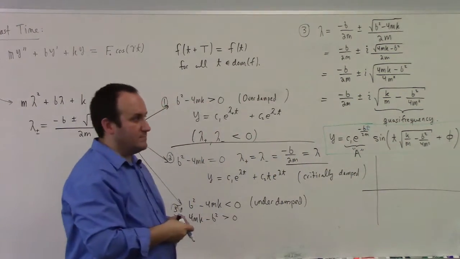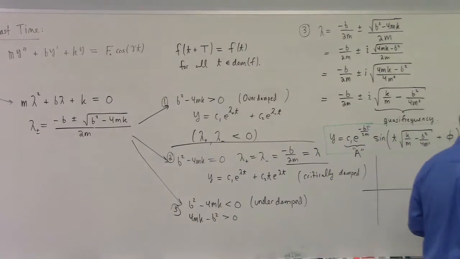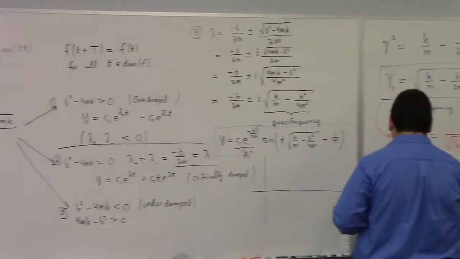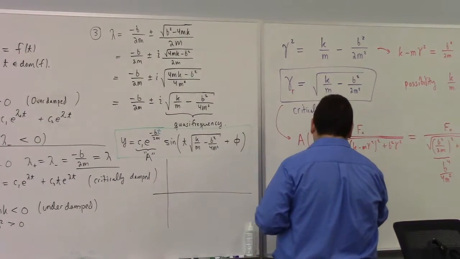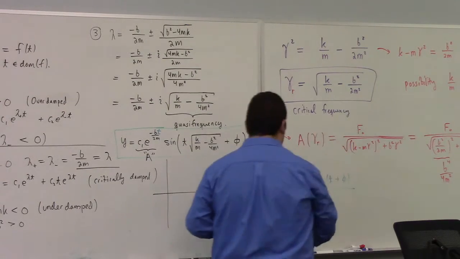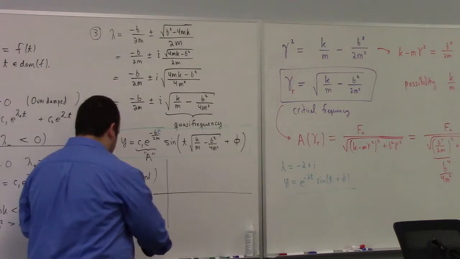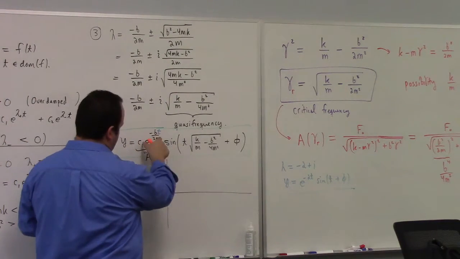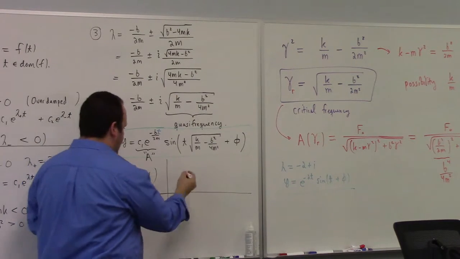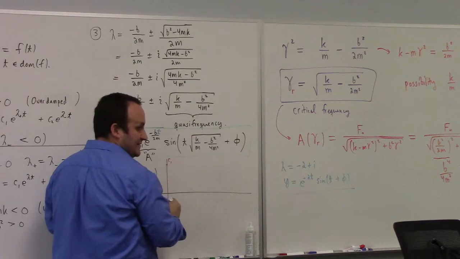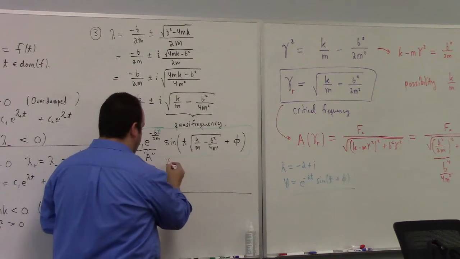Right. For example, if I had lambda equals minus 2 plus i, my solutions would be like y equals e to the minus 2t sine of t plus some phase angle, to give a specific example. So I'm missing that. Now that gives me this envelope, right? Because that's an exponential function. And so it starts out whatever it is. C1 is its max. At time 0, it's at C1, right? And then that